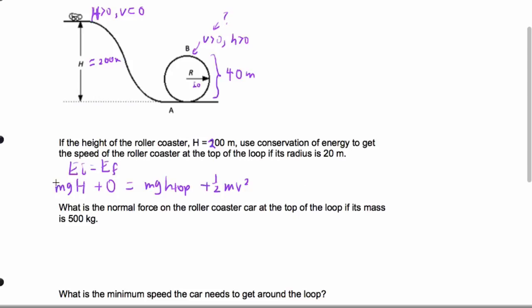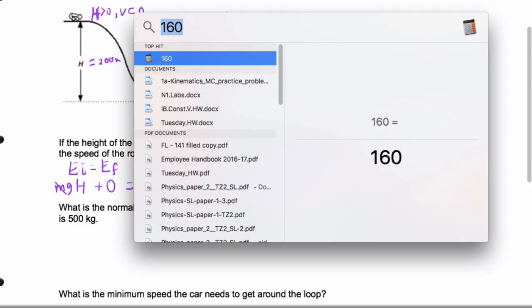Now, one thing I want to note is that I can actually divide both sides by m and it cancels out. So be careful when you can do that. You need to know your rules of algebra. So we're going to have 10 times my height, which is 200, equals 10 times 40 plus v squared over 2. So we end up getting 10 times 160 equals v squared over 2. So v squared equals 3,200. And when we actually solve for v,